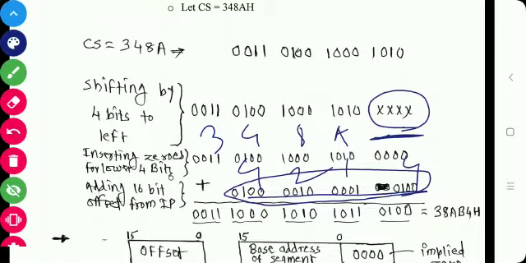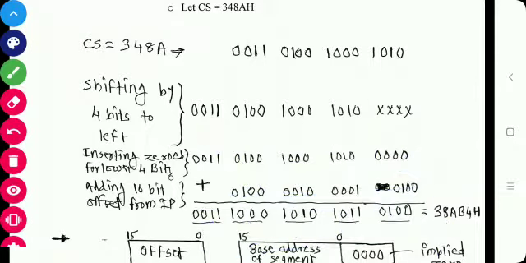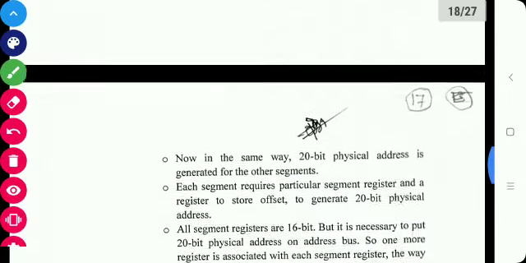Okay, so the first step is to shift the contents of the segment register to the left, add 0 and then add the contents of the pointer and index register into it. So this is your 20 bit address, which is 38AB4H. So this is the 20 bit address of the location. Okay, so this is the way in which we can produce the 20 bit address.